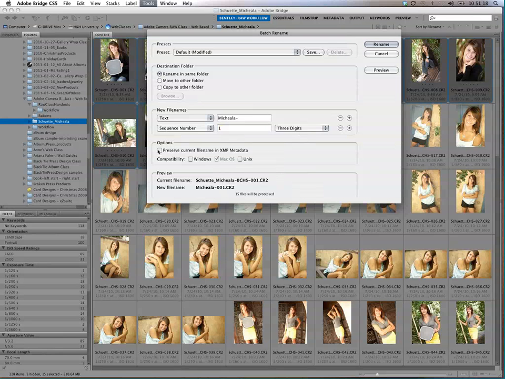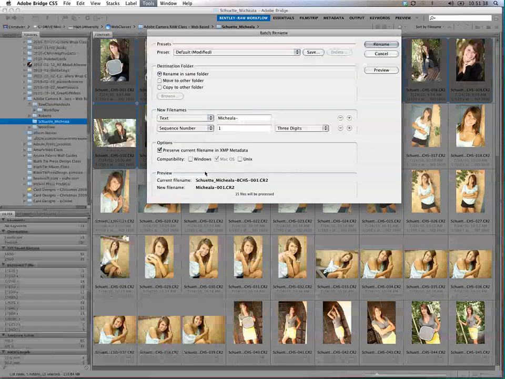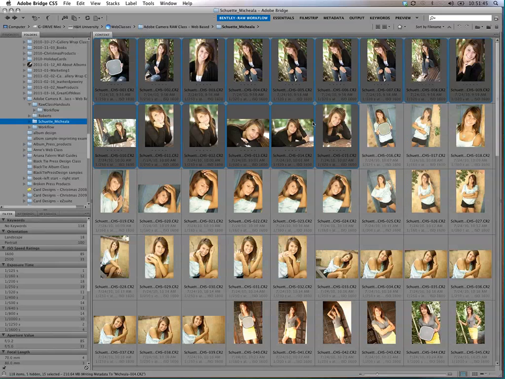There's another option here where it says preserve current file name in XMP metadata. And the XMP metadata is basically the information about our image. It's going to have things like our shutter speed, our f-stop. If we save keywords, those would be saved in there. But for this example, I'm going to save this original file name in there, which is her last name, first name, high school. I'm going to press rename, and it's going to rename those first 15 images with her first name and sequential